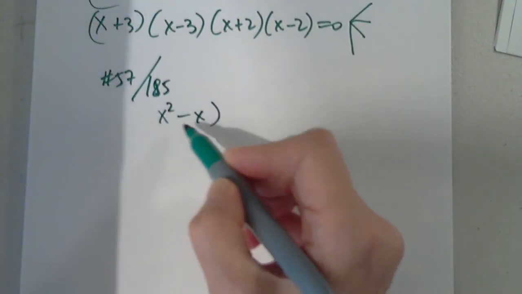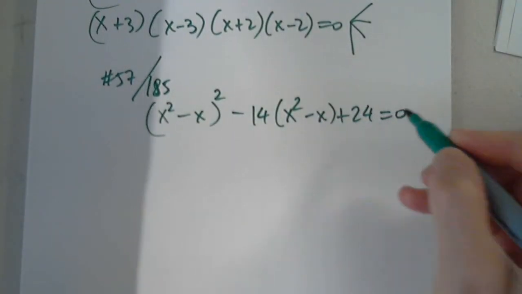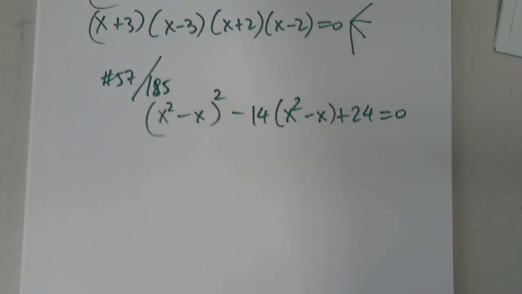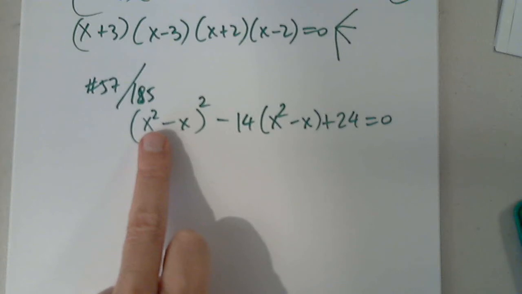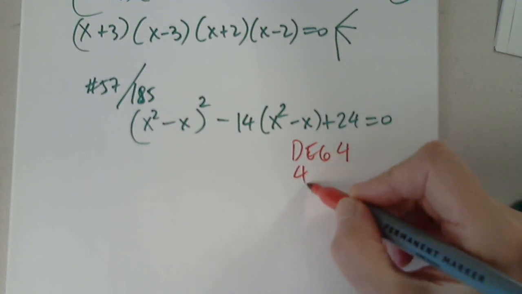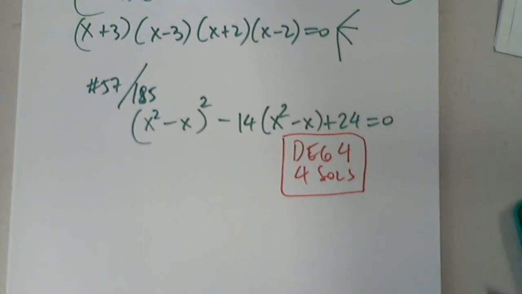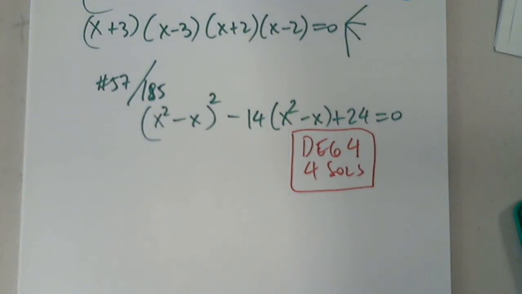So x squared minus x, everything squared, minus 14, x squared minus x plus 24 equals 0. You can say, just expand all this and see what happens. True, it's very possible. But I have x to the 4th, right? When I square x squared, I have x to the 4th. Definitely degree is 4, and I have to come up with 4 solutions. So, by simply inspecting the equation, you should be able to say,